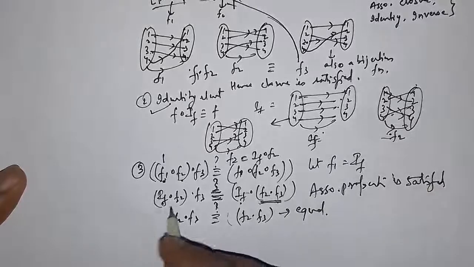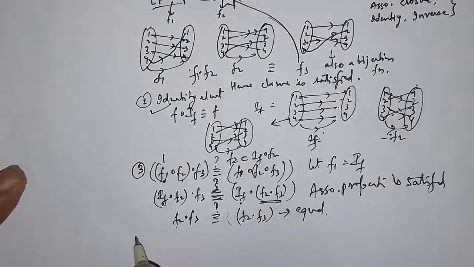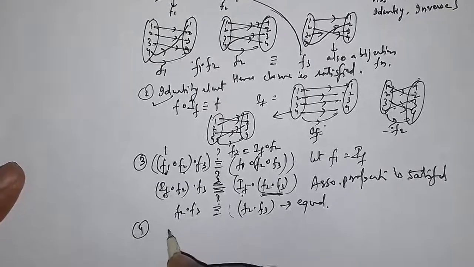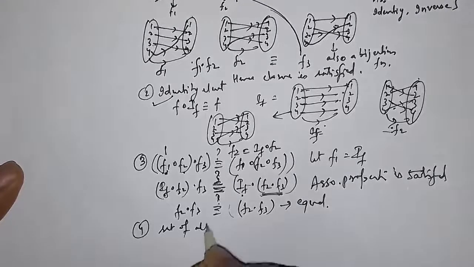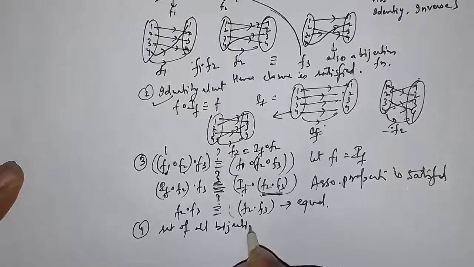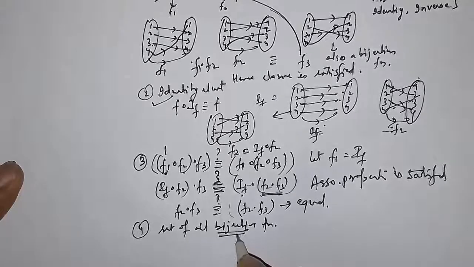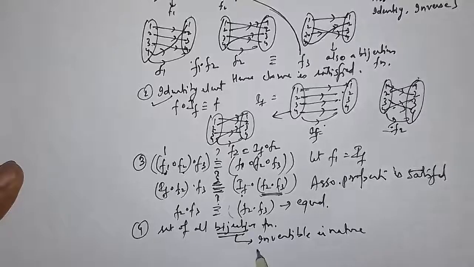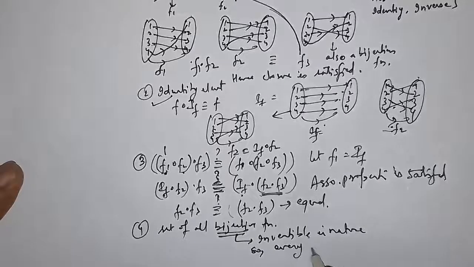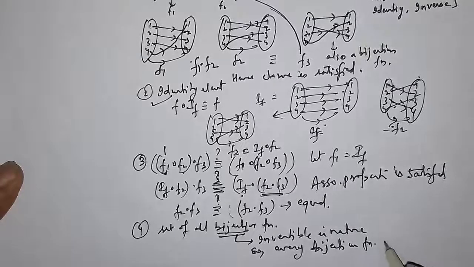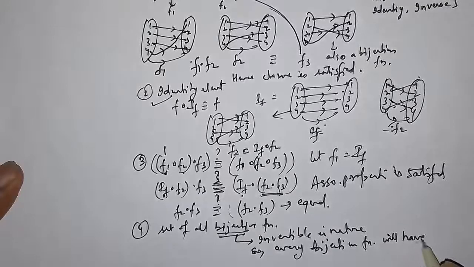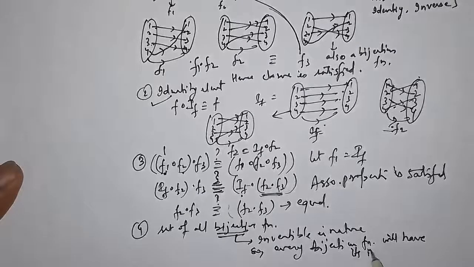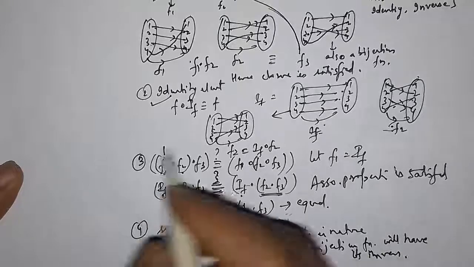Now I will check whether inverse is present or not. See, we have a set of all bijective functions. We know that a bijective function is invertible in nature. So every bijective function will have its inverse. Hence we have proved that